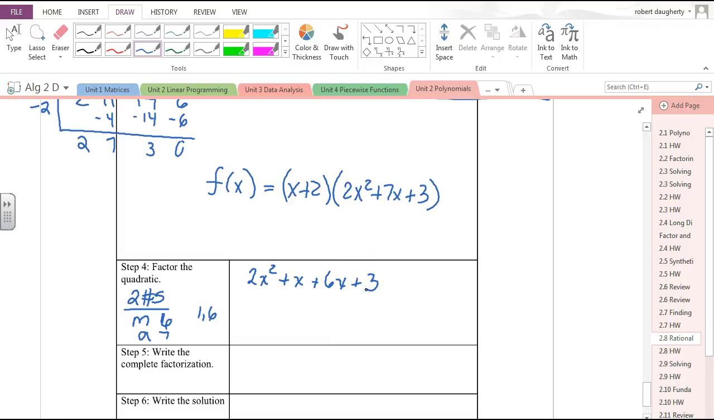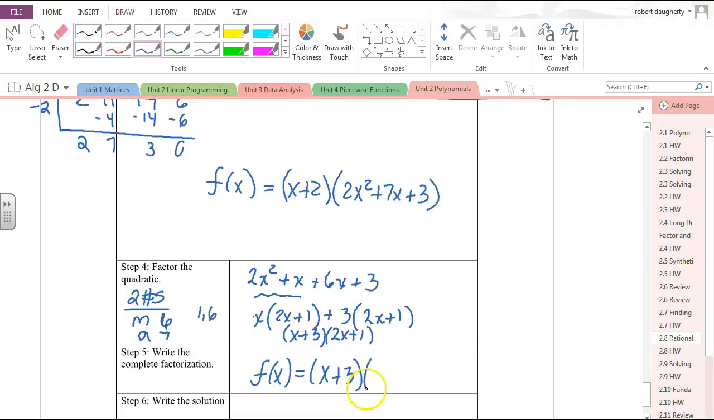And the first terms I factor out of what? X, and I'm left with what? 2x plus 1. And then I factor out a 3, 2x plus 1. So this is what? X plus 3 times 2x plus 1. So what is my final factorization? X plus 3, 2x plus 1,